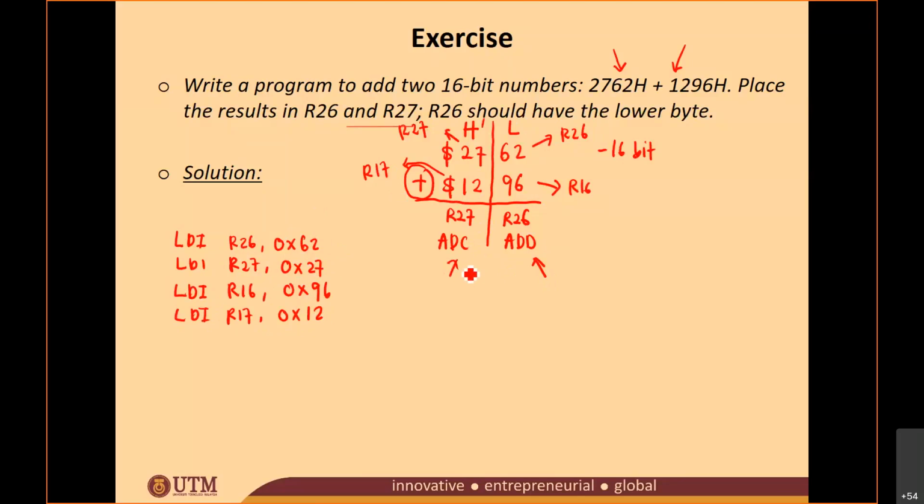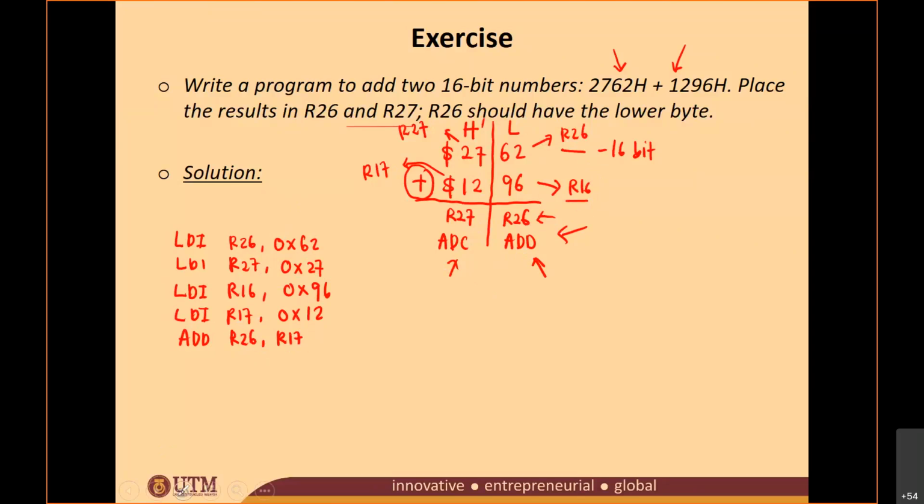You can use the ADD instruction. So which one do we need to write first, ADD or ADC? Which one are you going to write after this instruction? We're going to do the ADD first, and then after that follow by ADC. So ADD, make sure that the register is correct. R26 and R16. Because you want to put the result to R26, this is your destination, R26 and